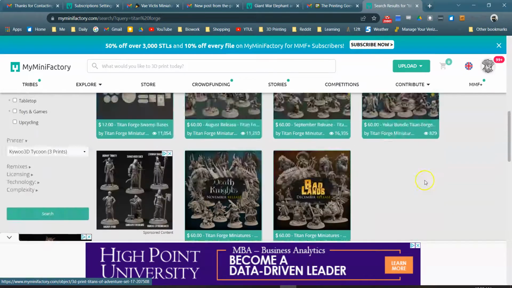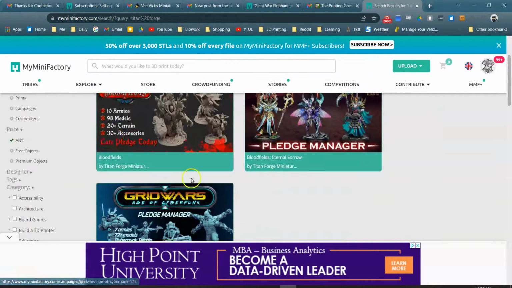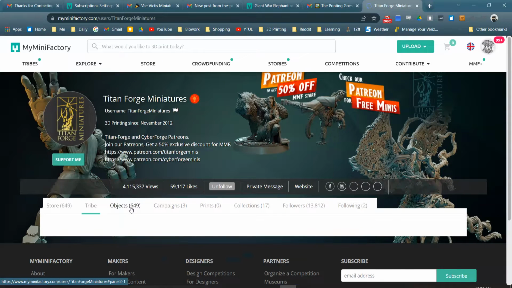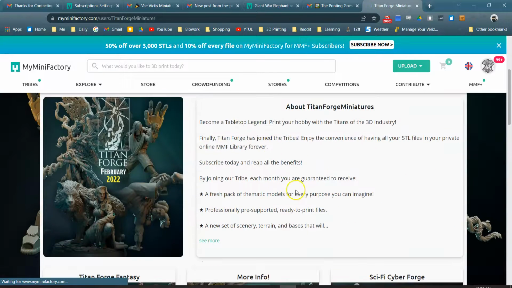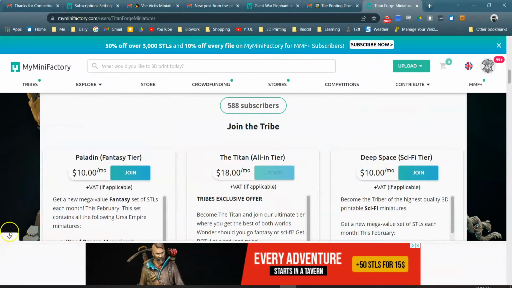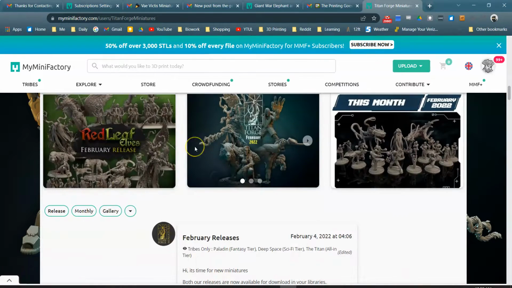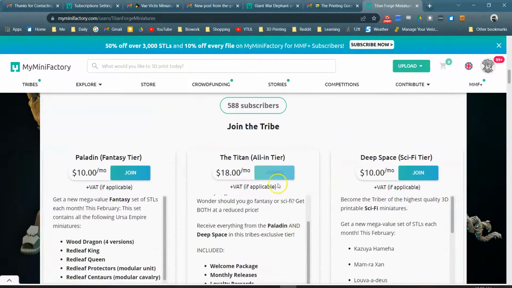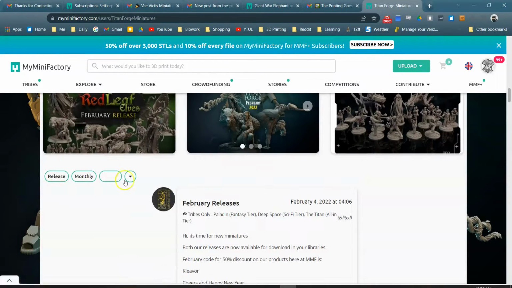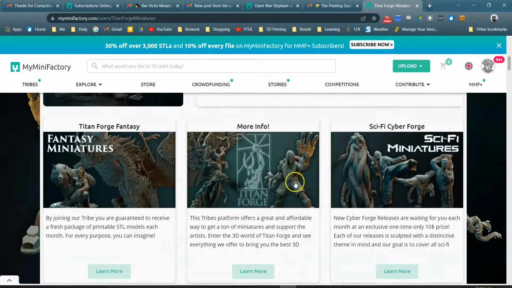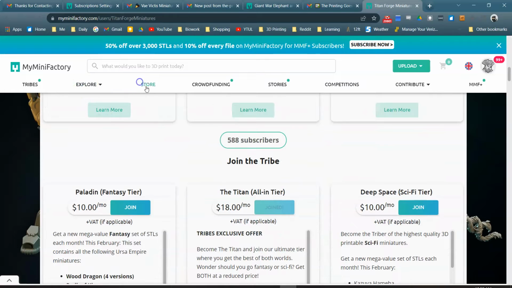Some of this is like I was just looking for Titan Forge themselves. So let me click on there. That's what we want to do. We want to click on Titan Forge, and being able to see exactly their tiers can be a little difficult, because there is sometimes a little bit of extra scrolling here, and then sometimes you have to click, like some of them have an extra thing where you have to click to see more tiers or what have you. But if I go to their store,